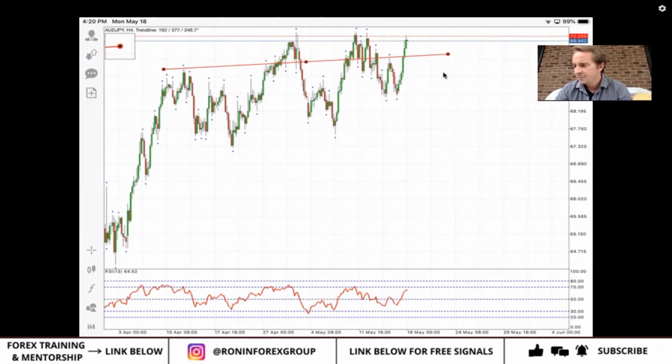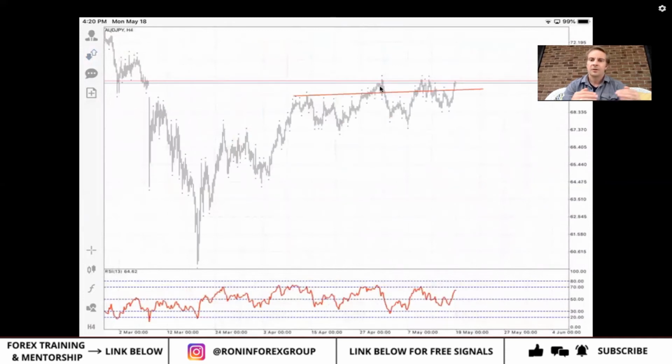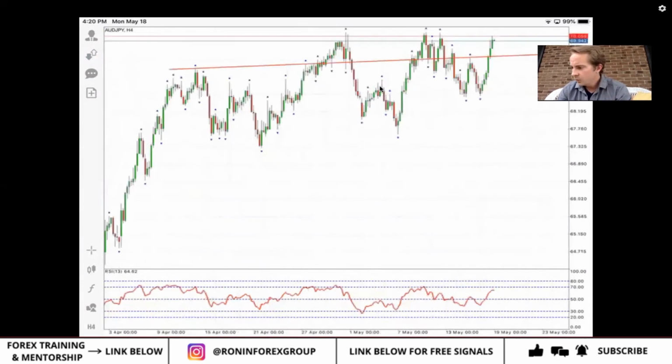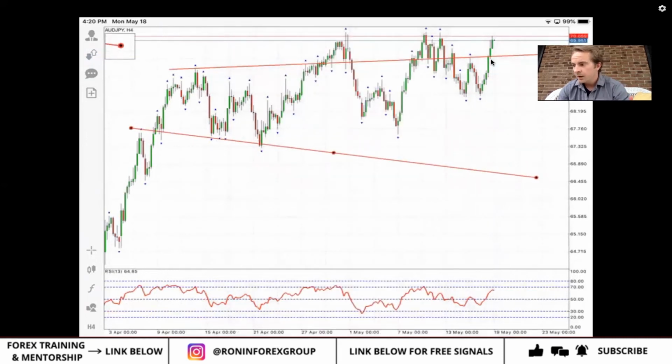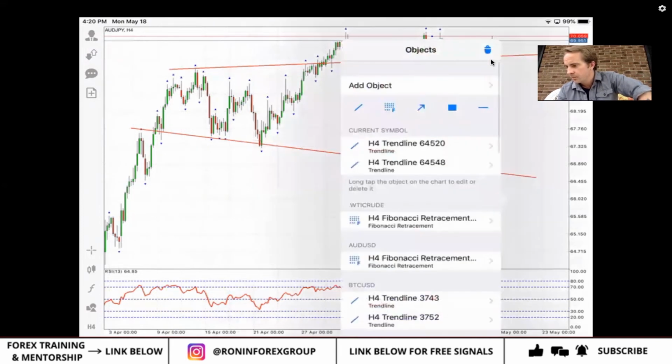And a lot of times when you have kind of a double top here, you'll have this cross section, which will be like a cross band of resistance. And that was what I was trading off of when I called a sell here for Aussie yen. I didn't expect the extreme risk on and bullishness of the markets today. So, thus the stop loss here on Aussie yen.